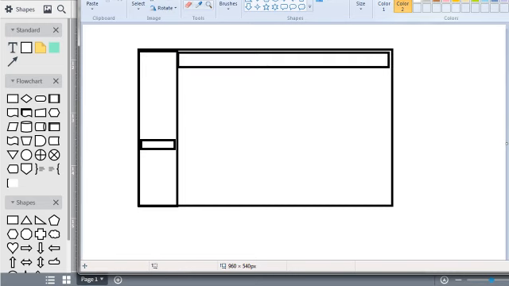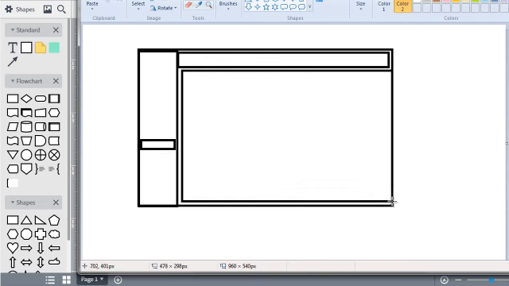Maybe we'll make this red. Actually, we'll just keep it black. Within here itself, we have the options here. So maybe the menu bar here,